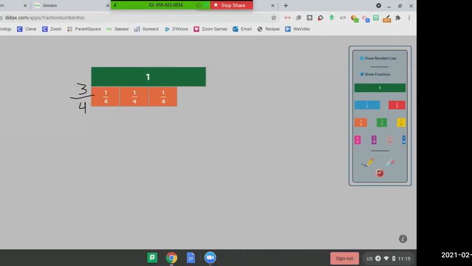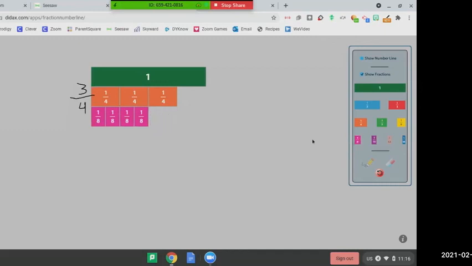Our directions told us to use eighths. So we're going to grab those 1/8 pieces to create our equivalent fraction to 3/4. Okay, so I'm going to go down here and drag an eighth. It's pink. I still need more 1/8 pieces because it's not the same length as all 3 of my 1/4. So I'm going to keep adding them until I get them at the exact same length as the 3/4 up